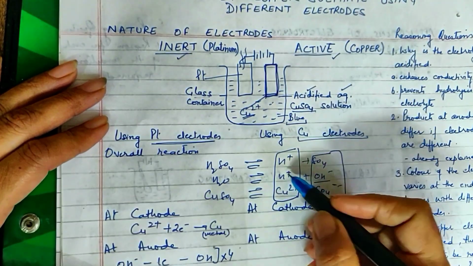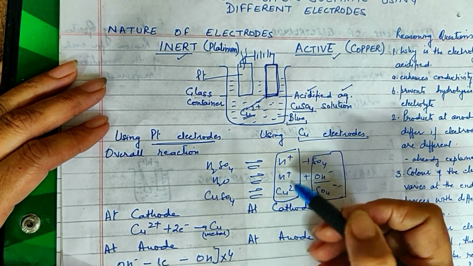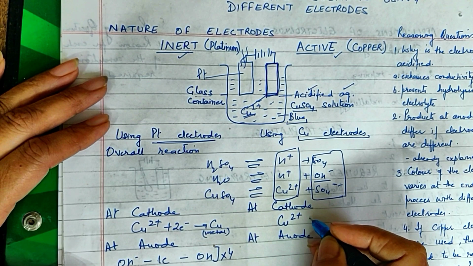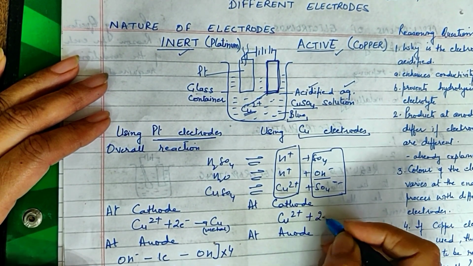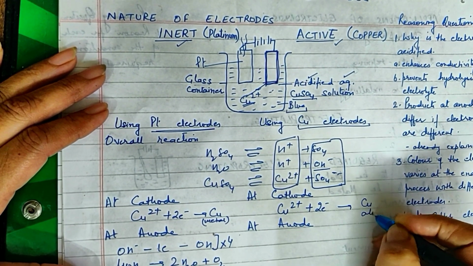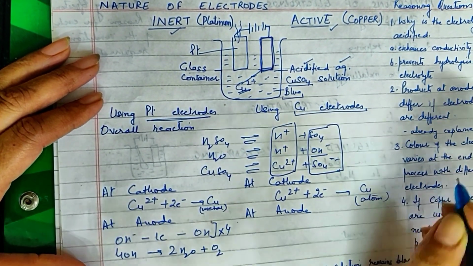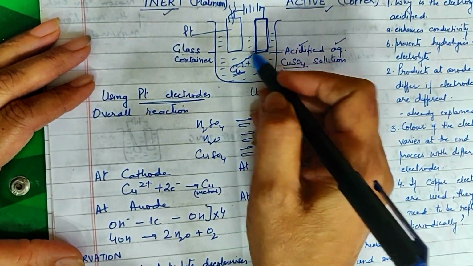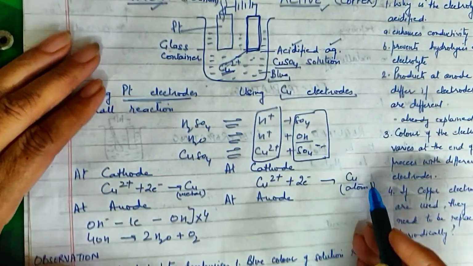On the cathode, again we have a choice between hydrogen and copper. So copper ions, for the same reason, because they happen to be lower in the electrochemical series, are going to accept 2 electrons and form copper atom or metal, whatever you want to write. So this is how copper metal is formed. So all the copper is discharging over the cathode and it is depositing over there.